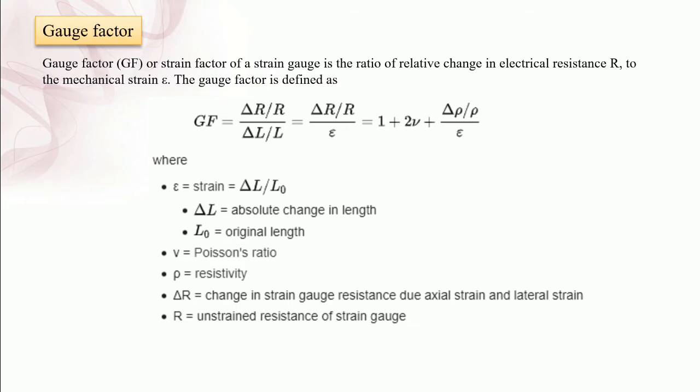The value of this gauge factor varies from material to material, but it is generally assumed that it remains constant in the working range of the strain required. Its value is determined experimentally. Knowing this gauge factor, the strain in the member can be directly found from the change in the resistance.